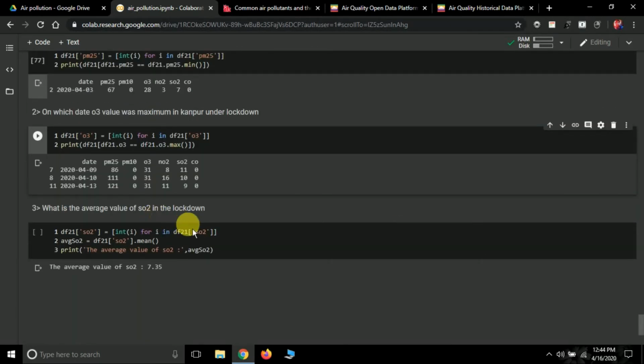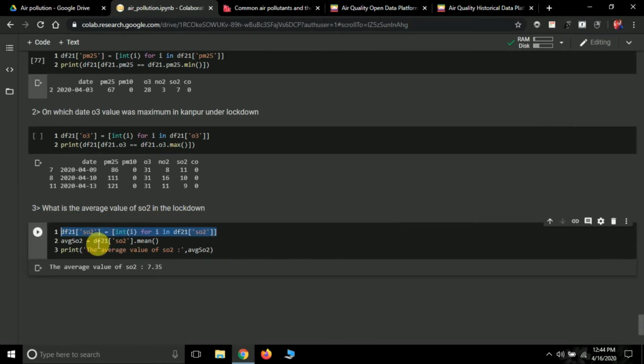Perfect. Now, what is the average value of SO2 in the lockdown? Again we have to convert all the values of the SO2 column to integer: int(i) for i in df21.SO2. Now we store the mean, the average value of SO2, in an avg_SO2 variable. df21 is the data frame name, then the column name, then we apply the dot mean method on it.